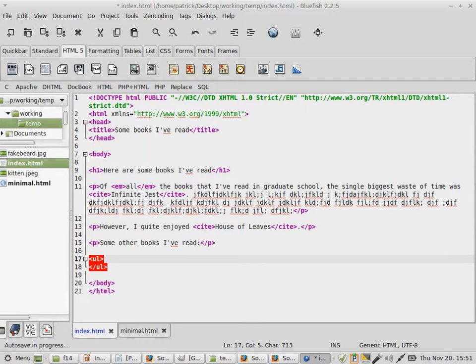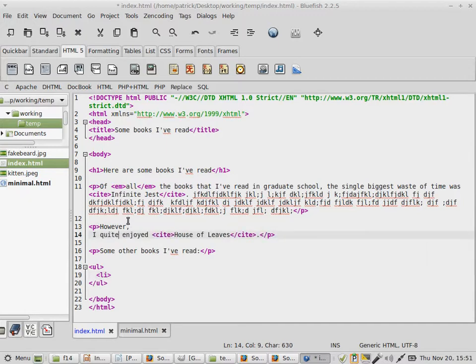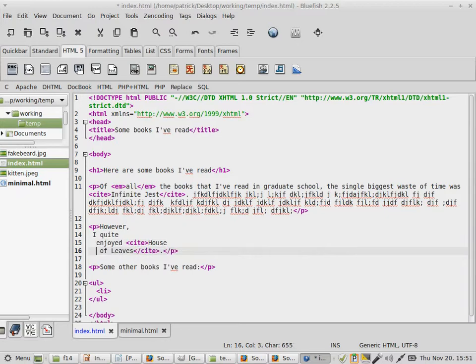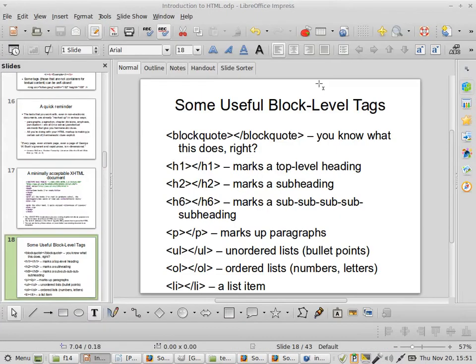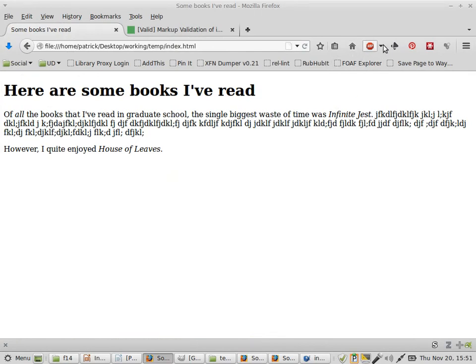As a best practice, when I open a tag, I like to close it immediately most of the time, and then work within it. Something else that's worth pointing out is that HTML, by default, collapses white space. White space means spaces, carriage returns, tabs, right? No matter what you do for stuff like this, or that is to say, if you do stuff like this, you will see